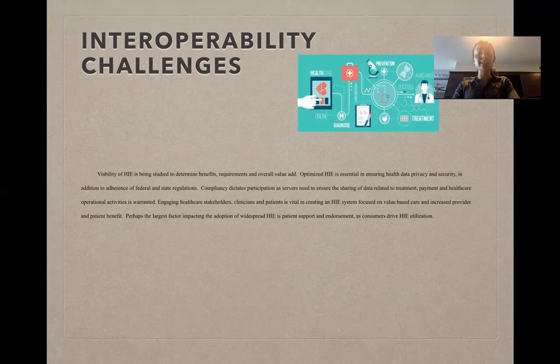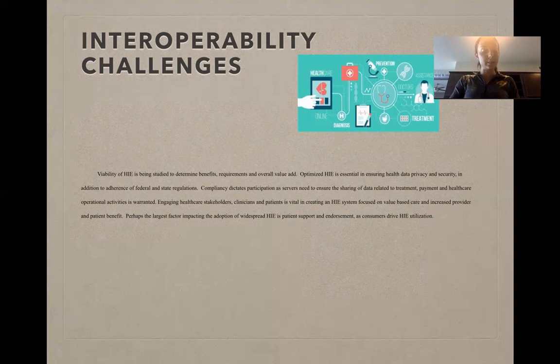Optimized HIE is essential in ensuring health data privacy and security, in addition to adherence to federal and state regulations. Compliancy dictates partnership, as servers needed to ensure the sharing of data related to treatment, payment, and healthcare operational activities is warranted. Engaging healthcare stakeholders, clinicians, and patients in creating an HIE system focused on value-based care and increased provider and patient benefit. Perhaps the largest factor impacting the adoption of widespread HIE is patient support and endorsement, as consumers